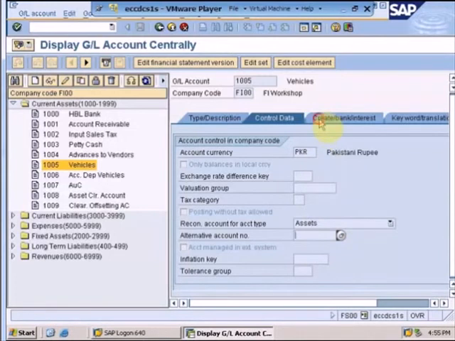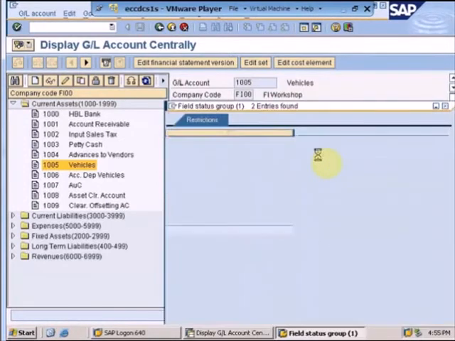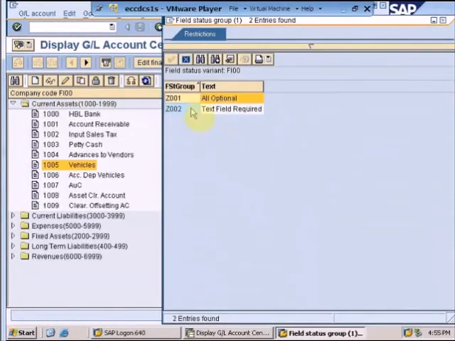Moving on to our create bank interest tab, which is also part of our company code segment, we have to enter a field status group over here. Referring back to our previous exercise, we created a field status variant under which we defined two different field status groups and we assigned that variant to our company code. So if I take a drop down of this field, the system will show me only those field status groups defined in the field status variant that has been assigned to my company code.